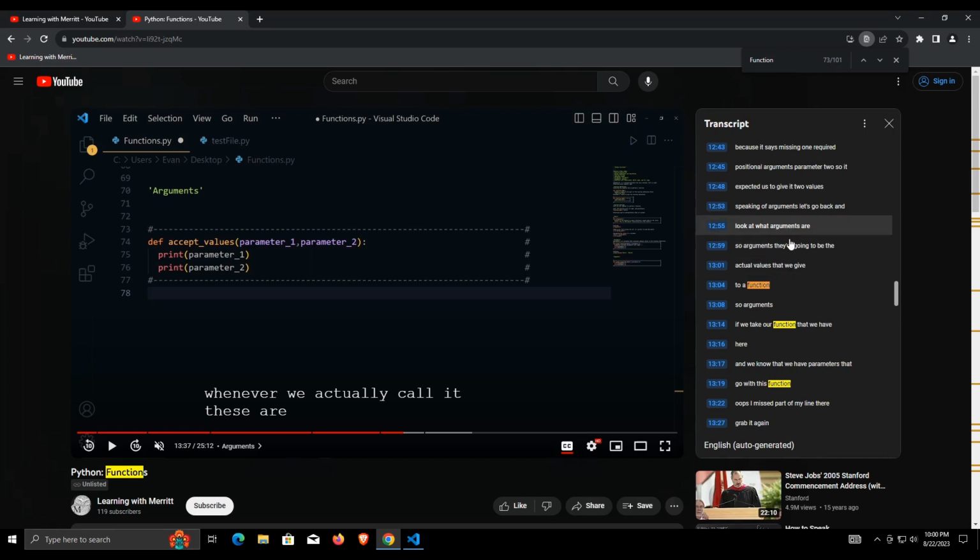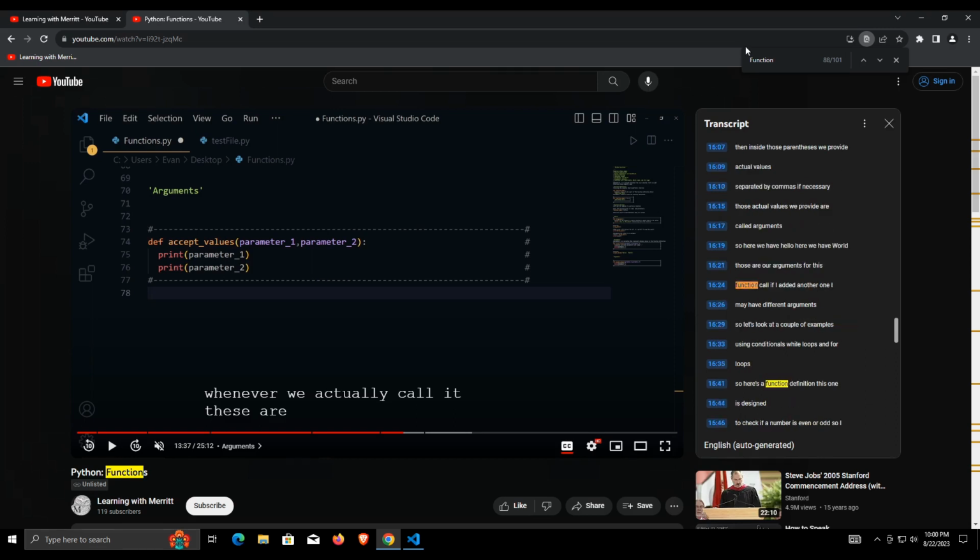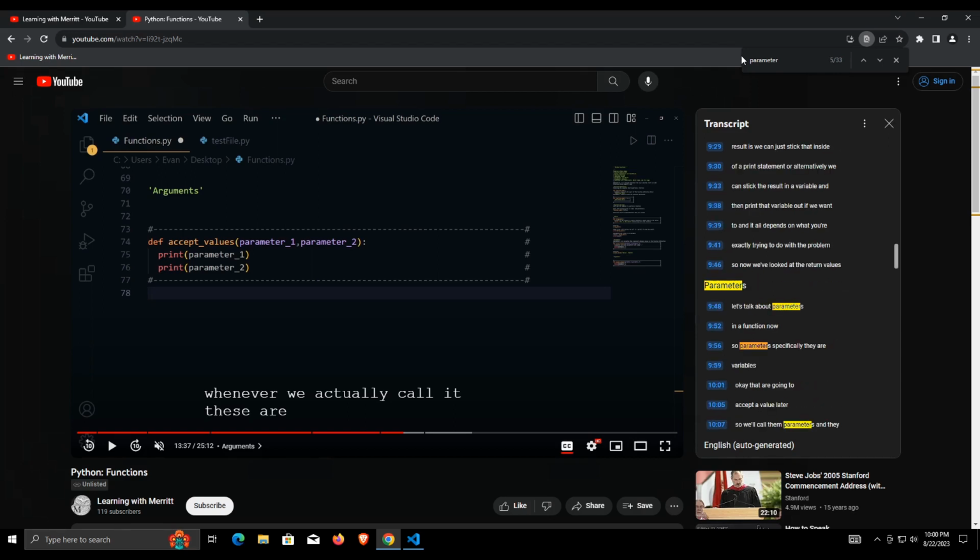If I hit enter, it will basically take me through, or cycle through, all of the different places where I say the word function. So let's say this is something you may or may not know about, but let's use the word parameter. This is something that has to do with functions. Maybe I need to know specifically about parameters. When does Mr. Merritt say parameter? So I can hit through that, and I'll see everywhere in the video with timestamps where I can find the